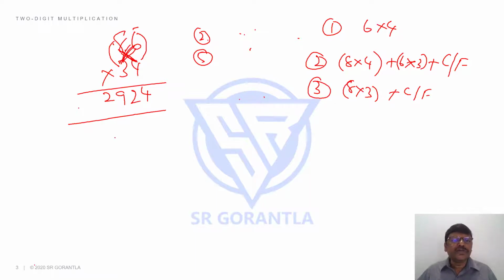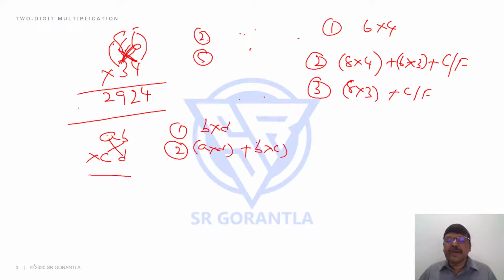So let's see, students. If I had to tell you one more example, say AB into CD, what is the first step, please, to write it? First step is, come on all of you, B into D. Second one, students, cross multiply. So A into D plus B into C plus whatever is the number that was carried from the previous step. Third step, students, is the leftmost places, A into C.